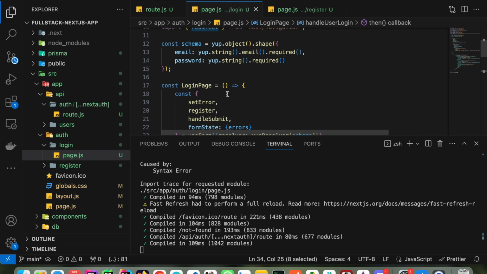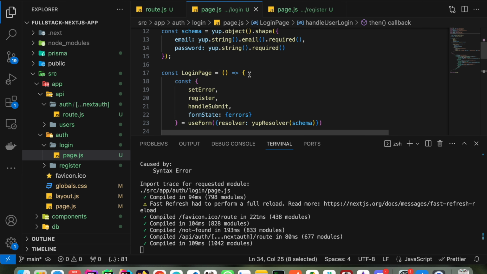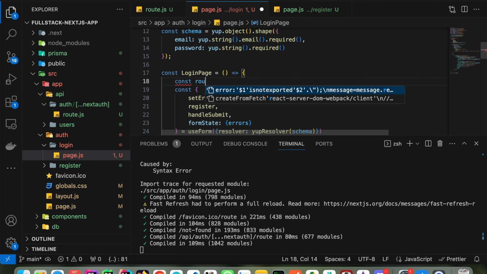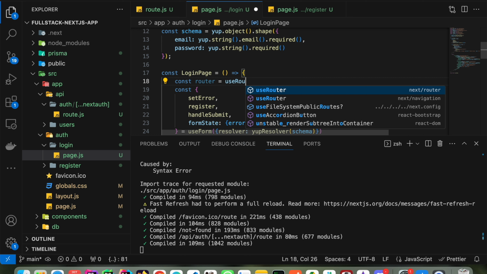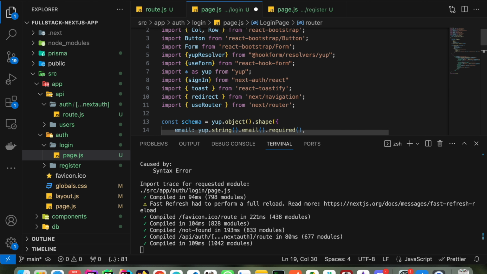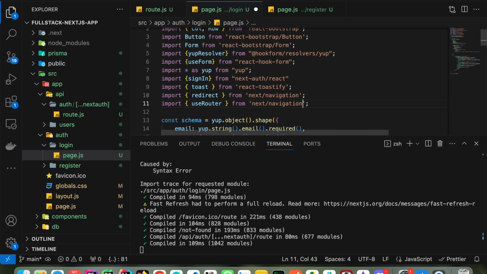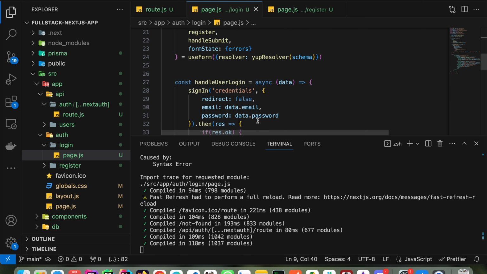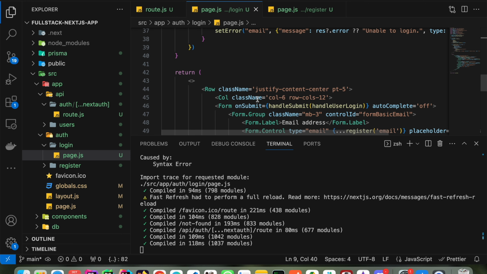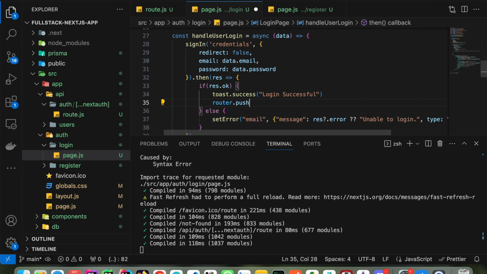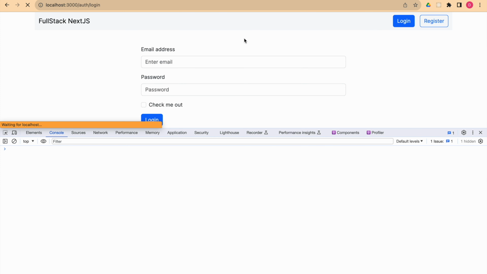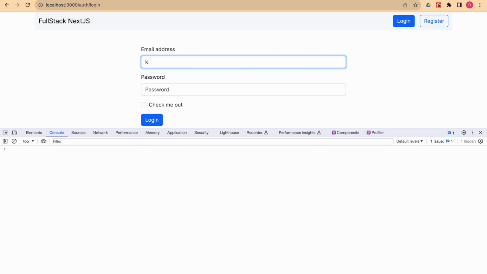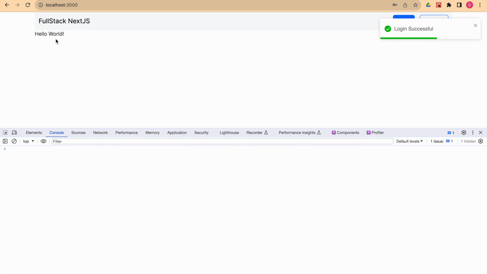This is not working. So we can use the next router here. So we can say const router = useRouter, and this useRouter will be from next/navigation, and here we can say router.push. If I refresh the page, if I put the details again, you can see I am logged in and I have been redirected to the home page. So our login is working now,